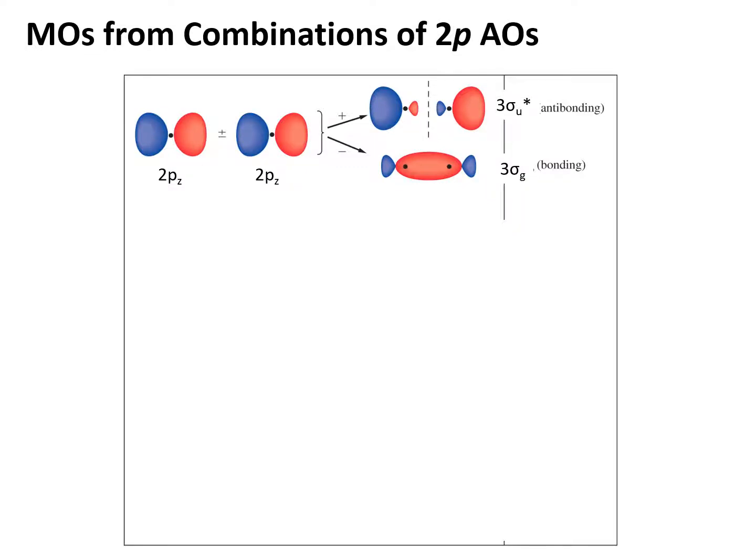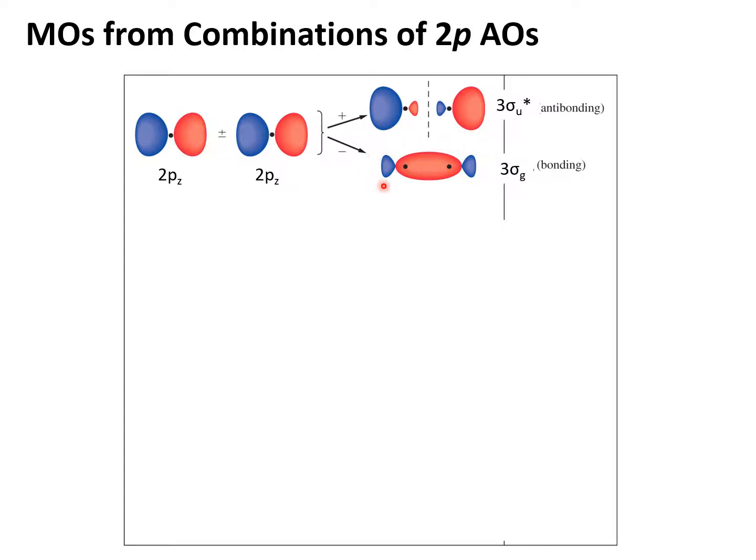Continuing with period 2, we now move on to the 2p atomic orbitals. The 2p orbitals are interesting because they can combine in two different ways. First, we will look at end-to-end overlap of the 2p atomic orbitals, and this traditionally occurs along the z direction or z-axis. Now, just as with our s orbitals, our 2p atomic orbitals can combine either constructively, as shown here